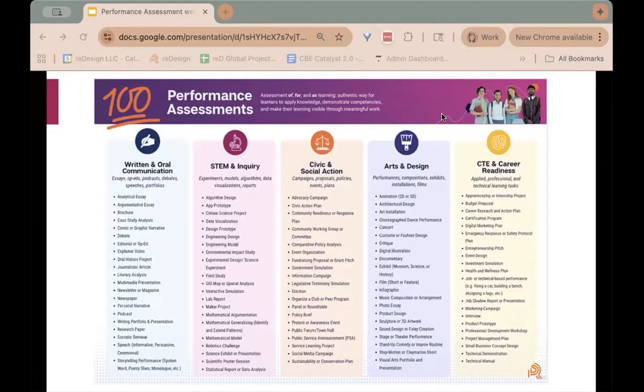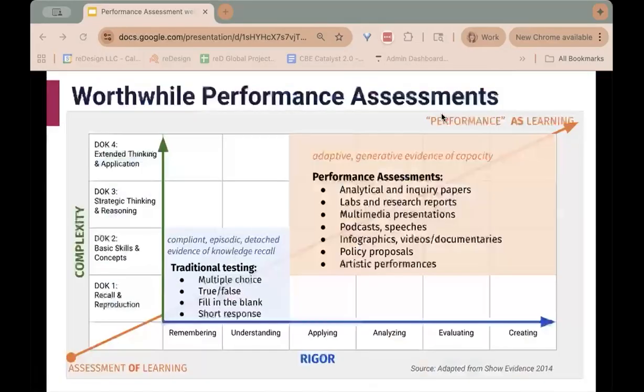For instance, here are 100 that we've named across different areas and disciplines. And what makes all of those 100, plus whichever ones you might be thinking of, different from traditional tests is that when designed to be a true performance assessment and not just an assigned final product, they move us from assessment of learning, that bottom left corner there, which only captures what a student knows in a moment, and in that moment, as in probably temporarily, to assessment and performance as learning.